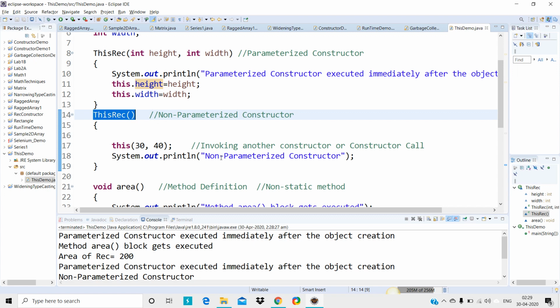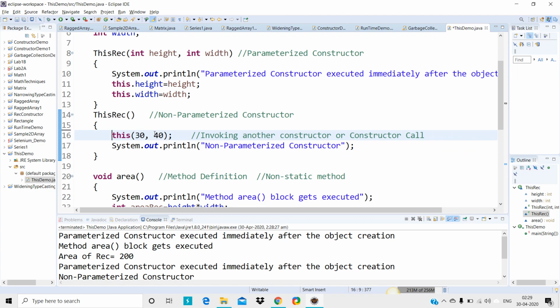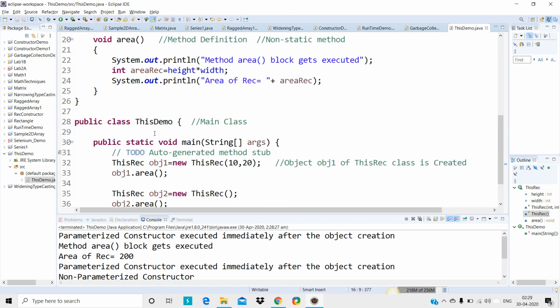And before this particular constructor I should not print or use anything. It should be the first statement in a constructor.